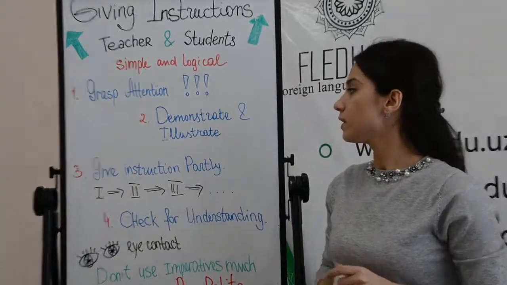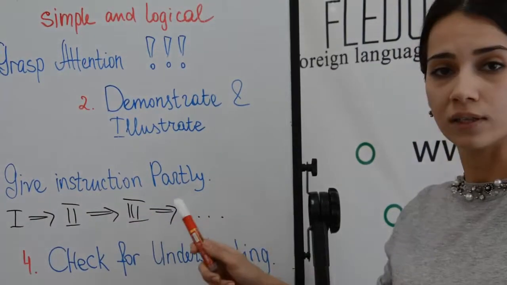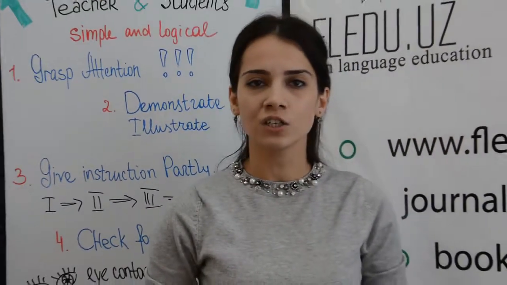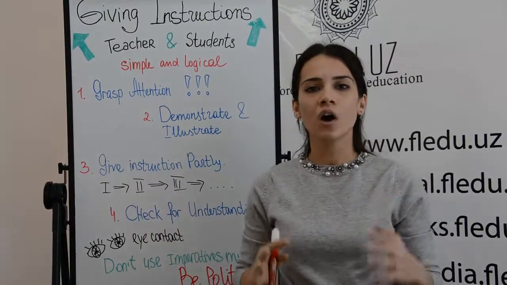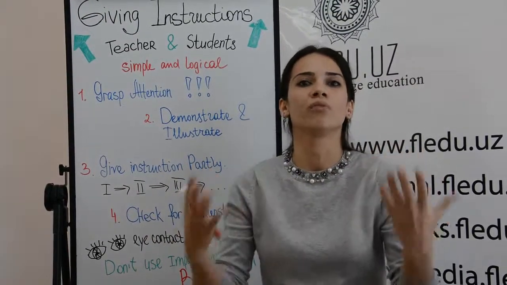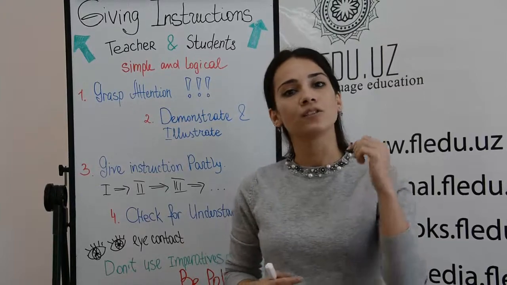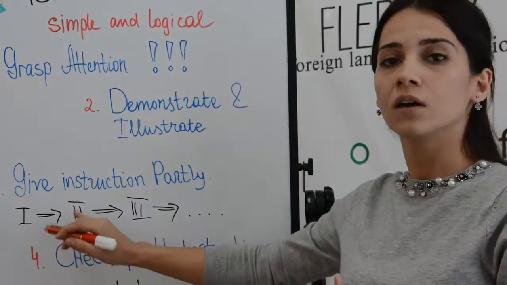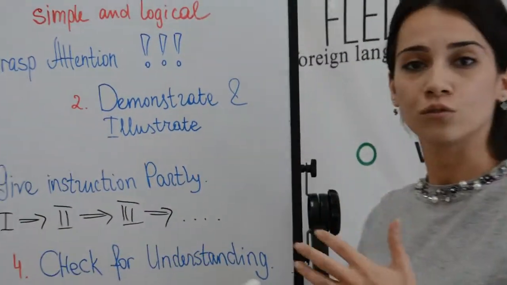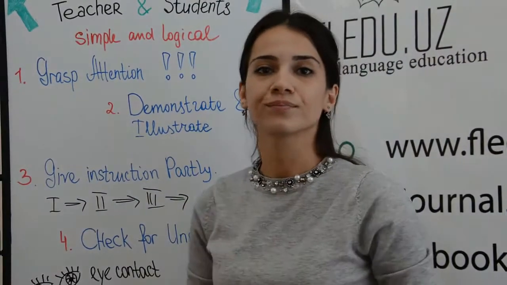Next tip is give instruction partly. If your activity consists of several mini tasks, try not to give instruction at one breath, suddenly, but try to move slowly from first to second and explain from second to third, and so on. Next tip,